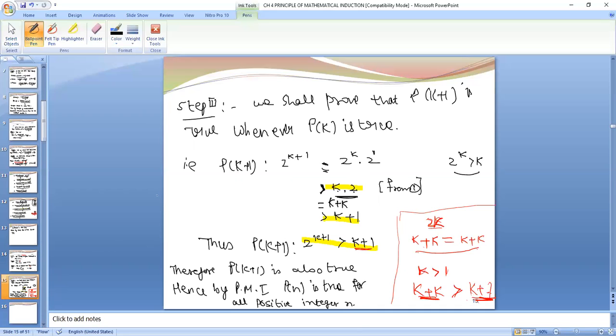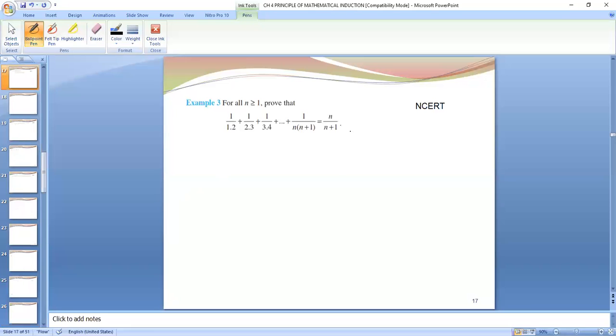So this way we will be solving the questions of principle of mathematical induction. Tomorrow we will be doing more examples, but you can practice it yourself also, right? Like this example, it is easy, try it yourself, okay? So next questions we will be doing tomorrow. The class is going out of time now, okay? Any doubt you can ask me.